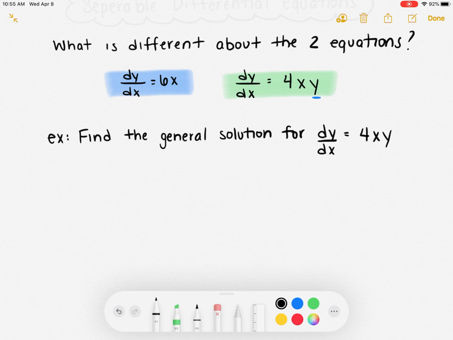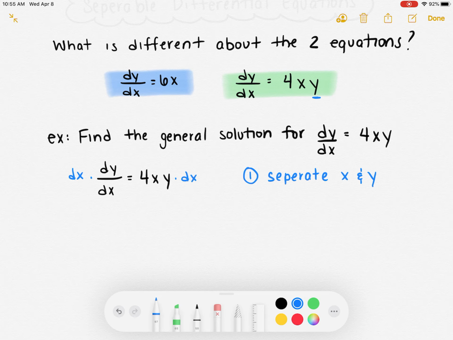The first thing I'm going to have to do, though, is separate the variables. So I'm going to take my equation, which is dy dx equals 4xy, and the first thing I'm going to do is separate x and y. So in order to get rid of the dx, I'm going to multiply by dx so I can move it to the other side, which is going to give me dy equals